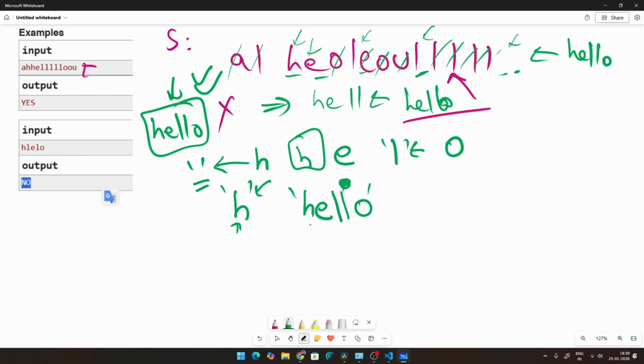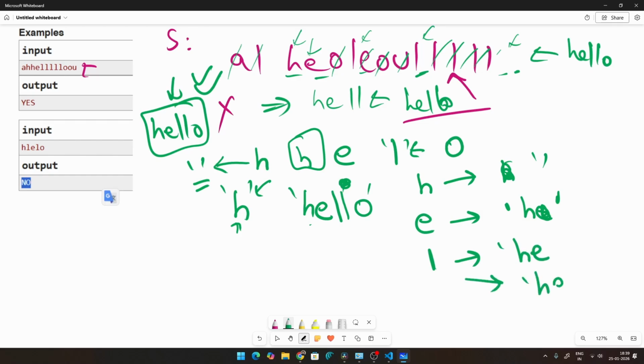So I will only add an H if my string is empty. I will only add an E if my string is H. I will only add an L if my string is HE or my string is HEL. These are the only two cases where I'm adding an L, and I will add an O only if my string is HELL. Whatever other character I get,